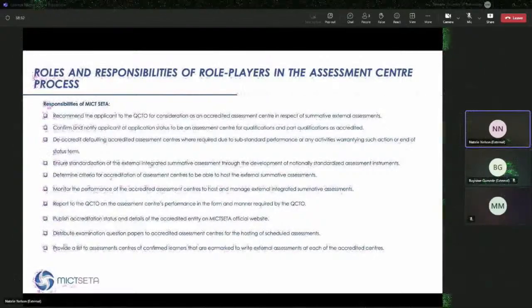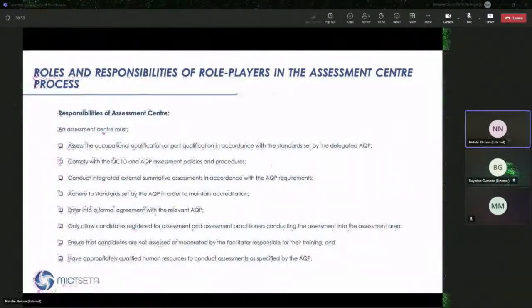So if you have applied for a qualification, let's say the basic end user computing skills program, however you do not have access to desktop computers or even laptops, we may not necessarily recommend. We would identify that as a gap and request that you close that gap within a specific time frame.